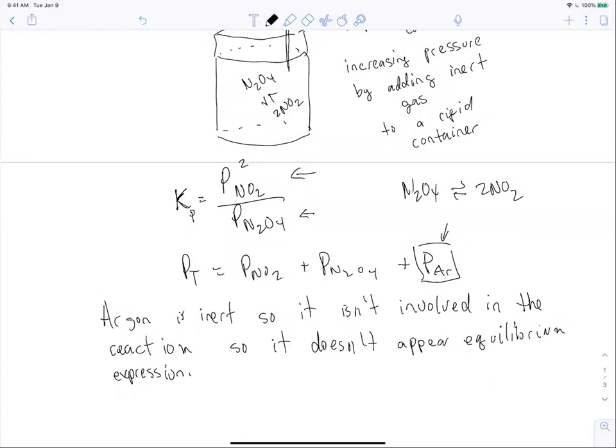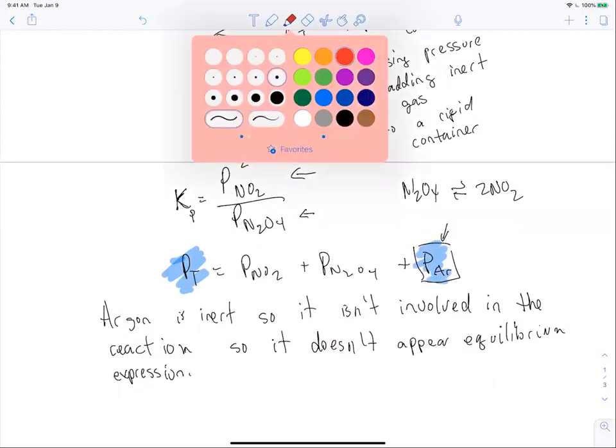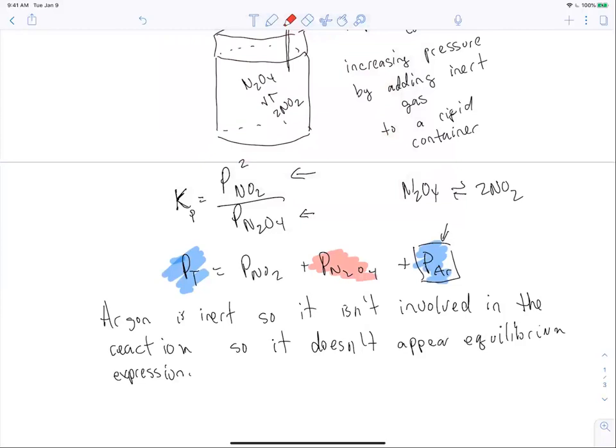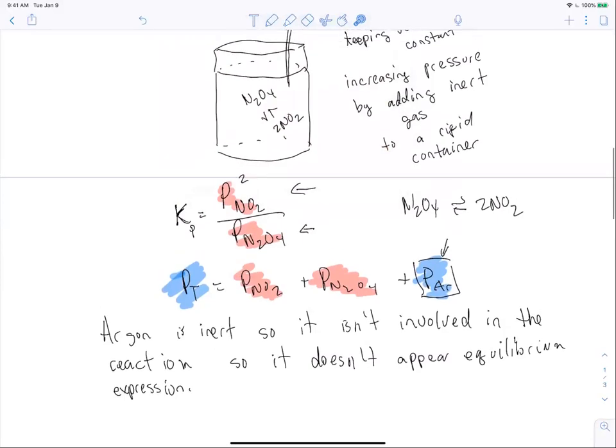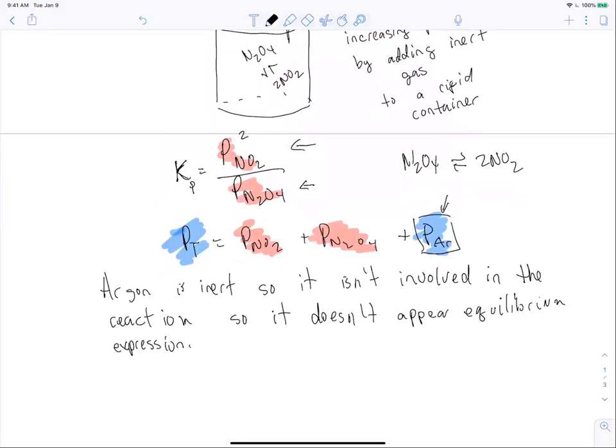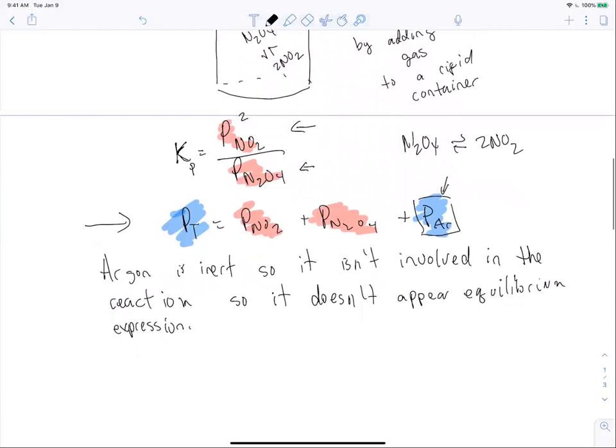I can increase this number as large as I want. It changes the total pressure. So increasing this will change the total pressure, but it doesn't actually have any effect on the partial pressure of N2O4 or the partial pressure of NO2. And so because these aren't changing at all, there's no concern of having any kind of re-equilibration to stay equal to Kp. So the short thing that I'm trying to get at here, which you can deduce from looking at the total pressure or Dalton's law, is just that